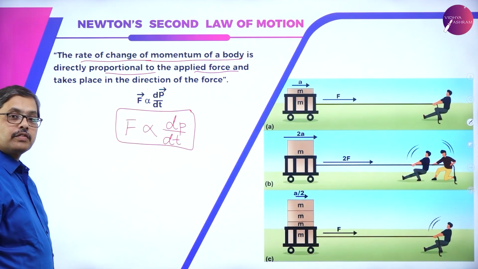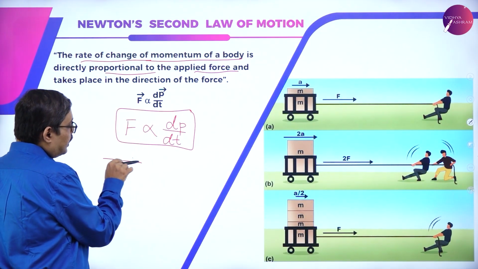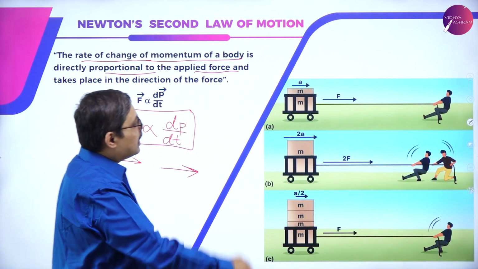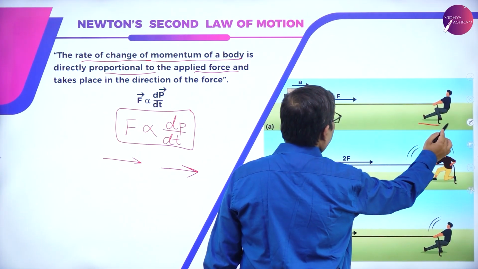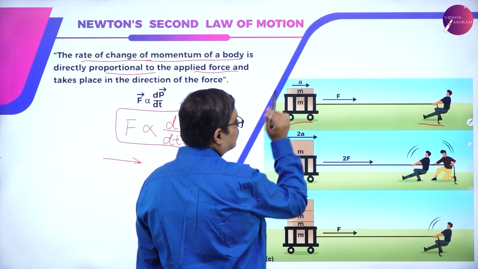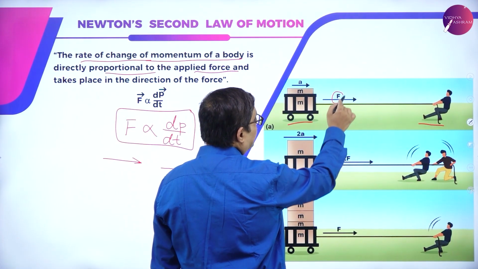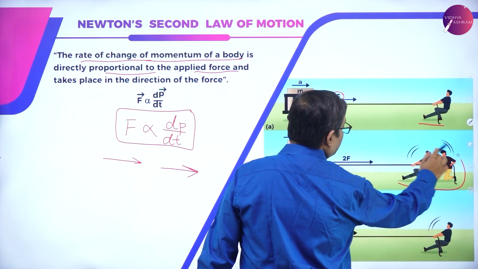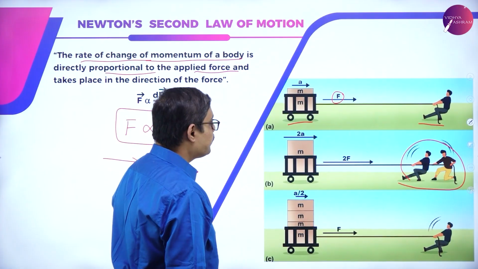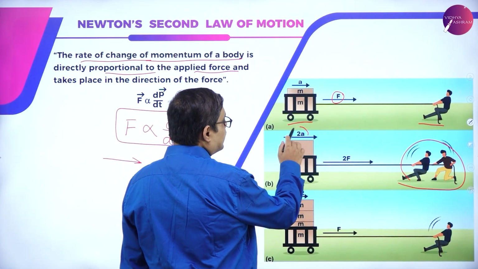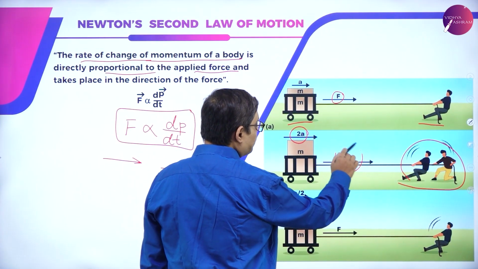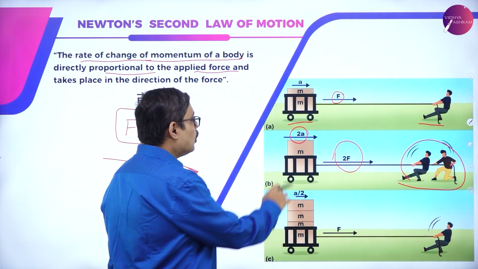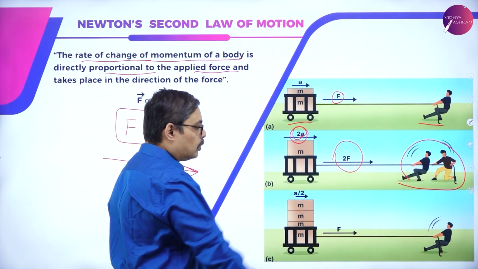And what will be the effect of this momentum? If the force was acting in this direction, momentum will also act in the same direction. You can observe there, a person is pulling a cart of mass m with an acceleration a. He has to apply a force F. Now two men have joined together to pull the same cart. What will happen? The acceleration increases by 2a because the force applied is 2F. Okay, two forces are acting, so the acceleration increases by 2a.